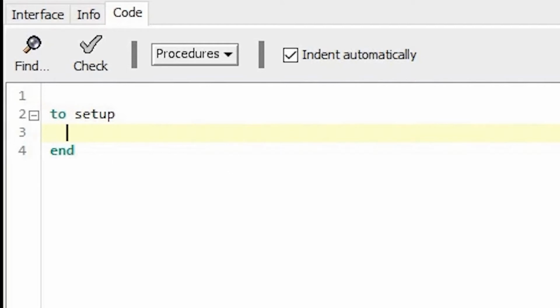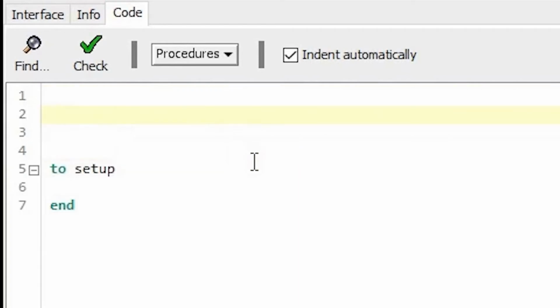But before going to the procedure, we should know what are the different types of turtles that we are going to use in this agent-based model. So for that, we are going to define different classes of turtles. There's a keyword called breed. Breed is something like a class. For example, we can say dog class, tree class, animal class, vehicle class, like that.